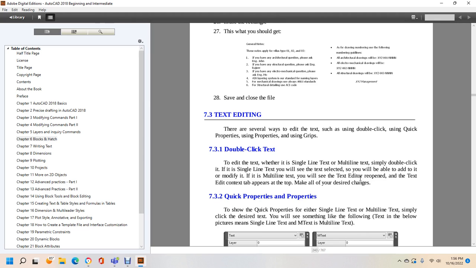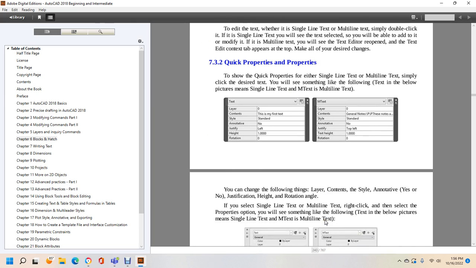Reopen the text edit context tab that appears at the top, making all your desired changes. For the Quick Properties, show the Quick Properties for either the single line or multiple line text, simply clear the desired text. See if there's something like the following text in the picture below: single line text, MN, multiple line text, or MText. If you change the following: layer, content, annotative yes or no,